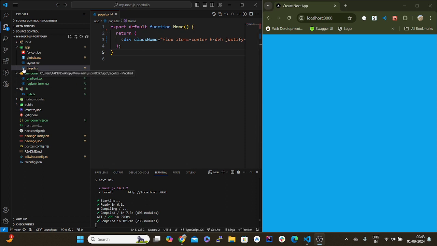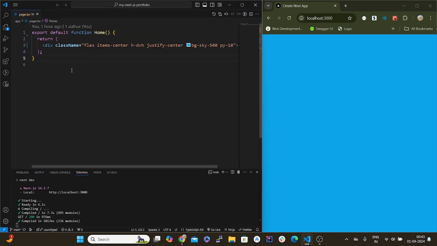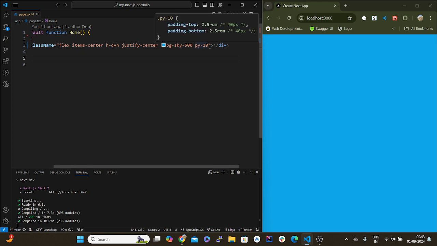So this is my root page. This is the root layout. I'm exporting a simple React component. In that I'm returning a div with some tailwind classes I've given. As you can see on the right hand side of the screen,